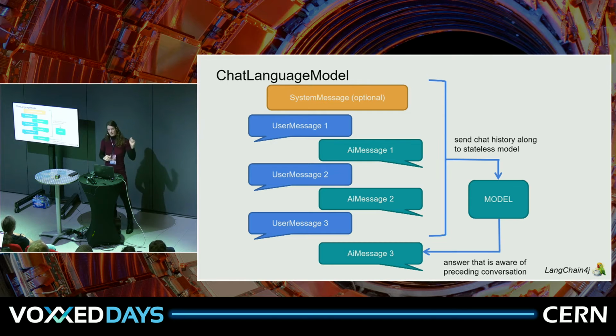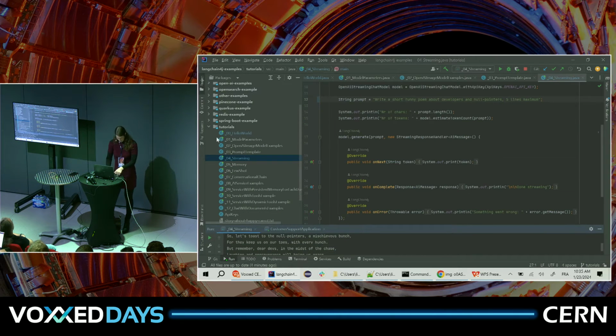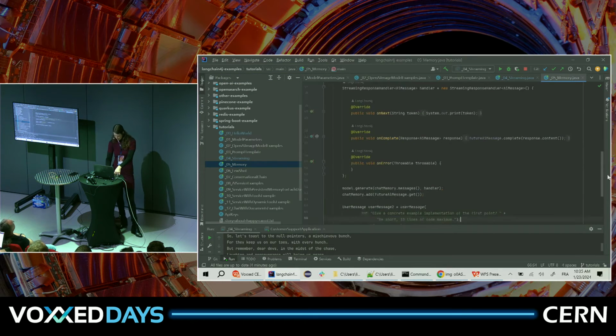And then on top, there's this optional system message that can tell your model a bit how to behave, like you are talking to a toddler or you are talking to a nuclear physicist, and then it will adapt its tone ideally. So what it looks like in our code. We have a memory example here. I'm not going to run it, but